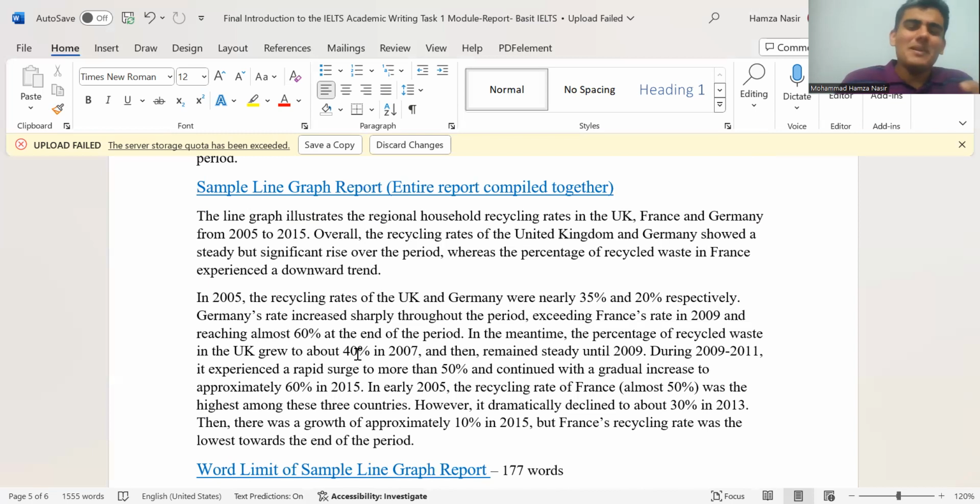the period. In the meantime, the percentage of recycled waste in the UK grew to about 40% in 2007 and then remained steady until 2009. So during 2009 to 2011, it experienced a rapid surge to more than 50% and continued with a gradual increase to approximately 60% in 2015. In early 2005, the recycling rate of France, almost 50%, was the highest among these three countries. However, it dramatically declined to about 30% in 2013. Then there was a growth of approximately 10% in 2015, but France's recycling rate was the lowest towards the end